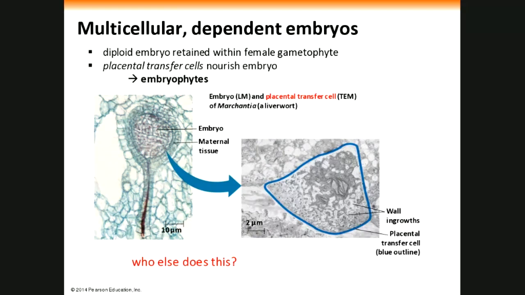So in this particular case, just like in most cases, it's going to be the female. So the embryo is retained inside of the female gametophyte, right? And inside of that female gametophyte, in some cases, we actually get something really cool, because it's like animals. We get this idea of placental transfer cells that actually nourish the embryo. You can see them in the lower right of the picture, the blue. These cells are wound in the maternal tissue, the female gametophyte, and the embryonic tissue are wound together. So there's a lot of transfer of nutrients back and forth. There's a lot of diffusion. So you can see the embryo and then the maternal tissue.